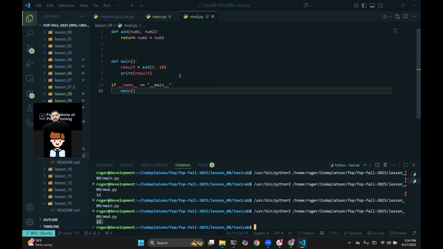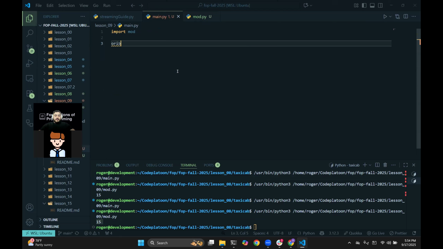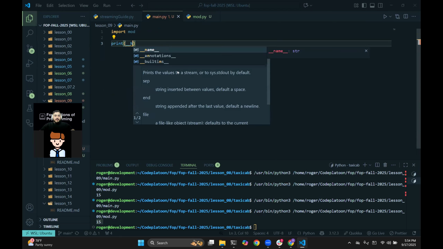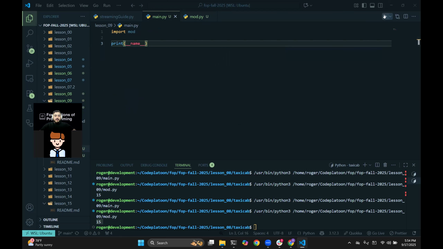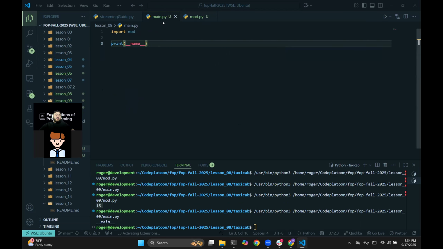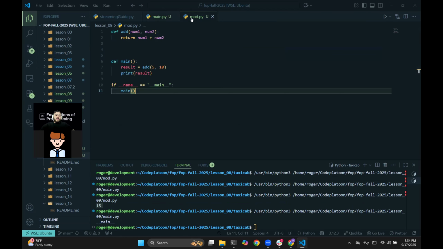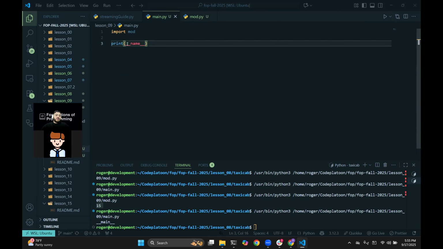Why is this happening? Well, let's see if we can do this. Print. I'm in main.py, right? I am printing out because you're probably wondering, well, Roger, what the heck is this? What is underscore name underscore underscore? Like, what does it mean? Why are we comparing it to this string underscore underscore main underscore underscore? Well, let's print out underscore underscore name and see what it gives us. When I ran this, it's going to print out main,